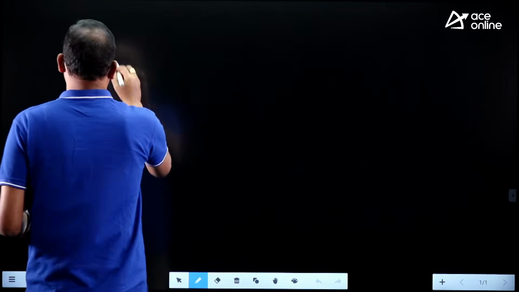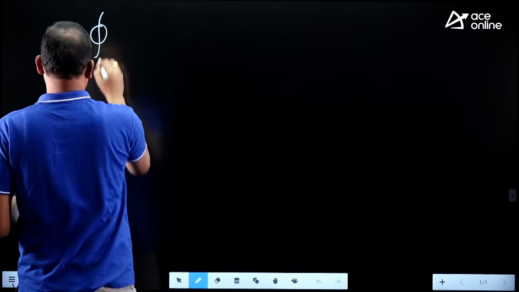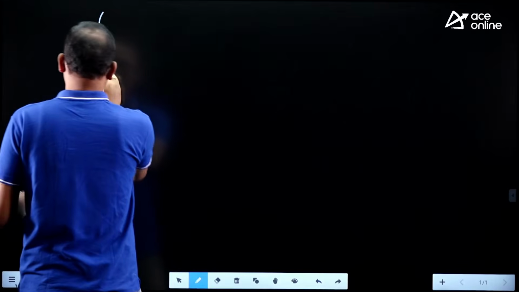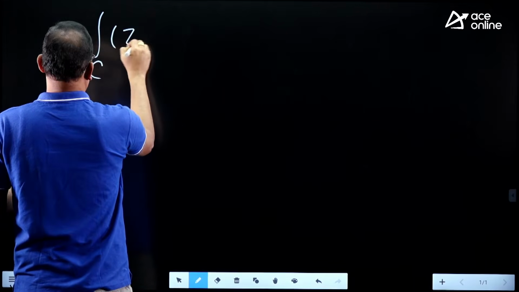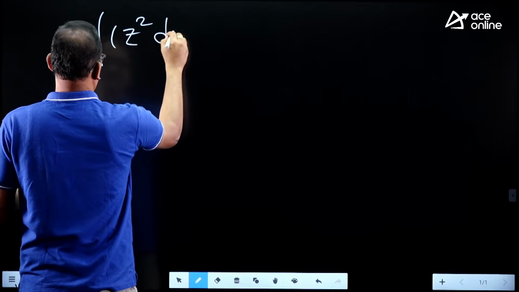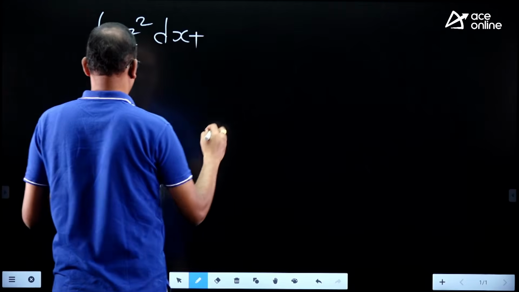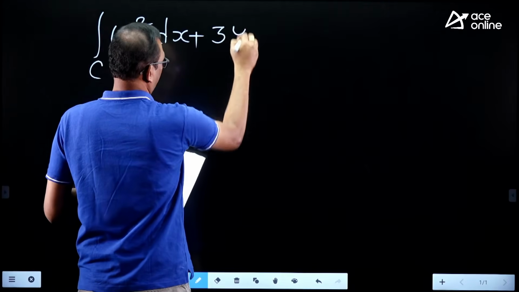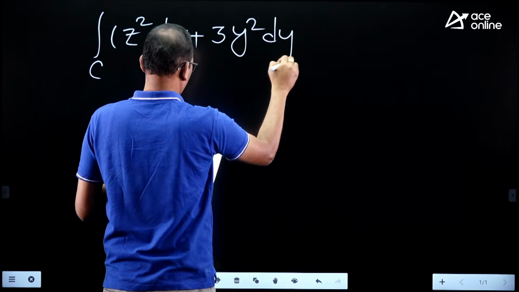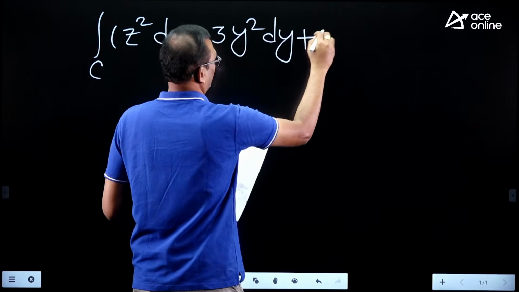Hi, myself P. Venkatrao. Now we discuss the questions which we were given from engineering mathematics. So one of the question that we were given from vector calculus, the value of the line integral z square dx plus 3y square dy